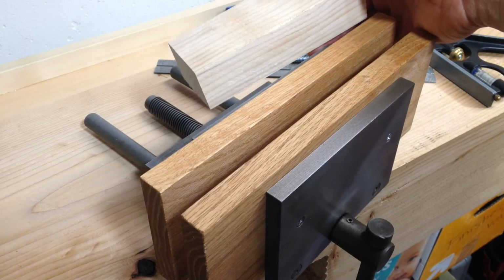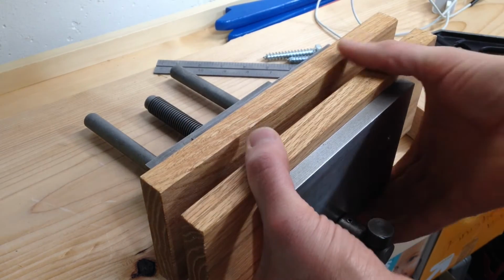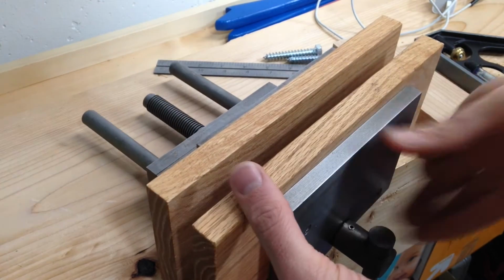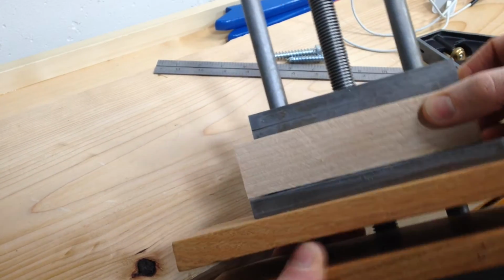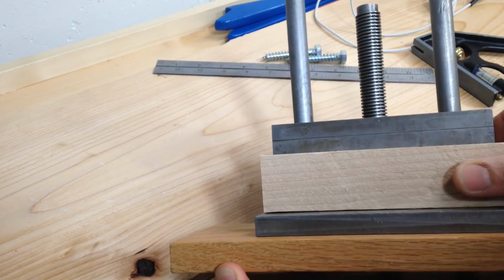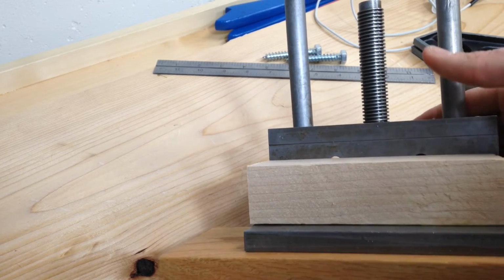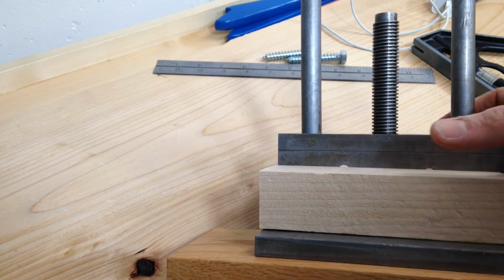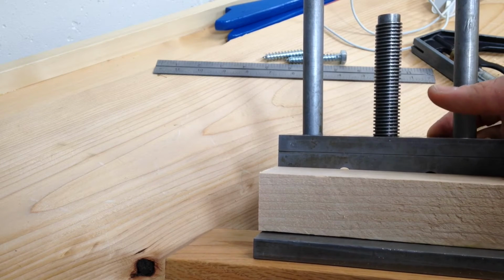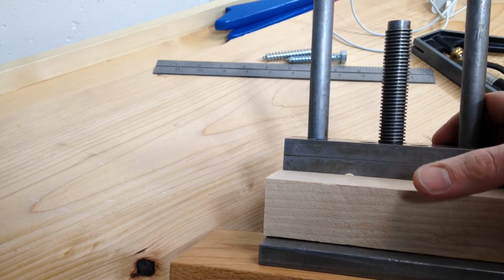So I realized after I cut this piece that I made a mistake. If you imagine I'm sticking this into the side of the bench, imagine that this piece is the side of the bench, and you look at the holes, you can just barely see the holes that I'm going to be mounting this with. They're mostly going to be going into the side of the bench. So if I put the bolts in here, most of it's going to go in the side of the bench. A little bit it's going to go to that extra block I made,